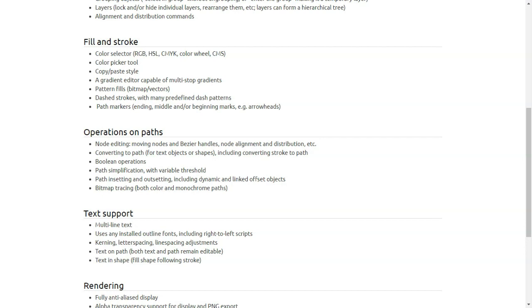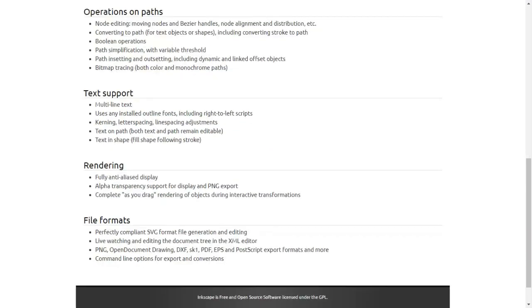pattern fills, dashed stroke, path markers, operations on paths, node editing, converting to path, Boolean operations, path simplification, path insetting and outsetting, text support. Multi-line text, uses any installed outline fonts, text on path, text in shape, rendering. Fully anti-alias display, alpha transparency support for display and PNG export, complete, as you drag, rendering of objects during interactive